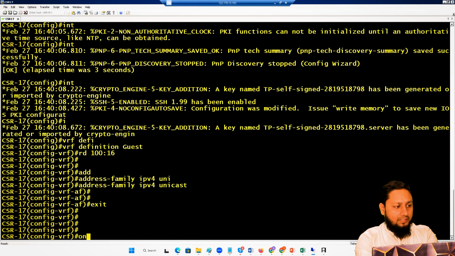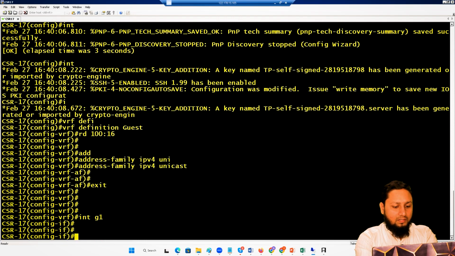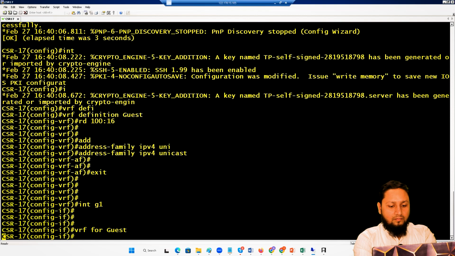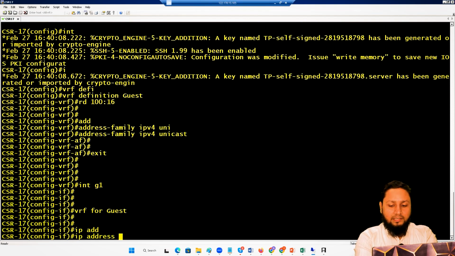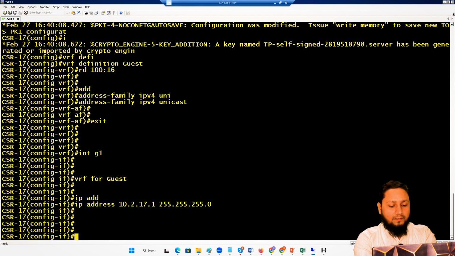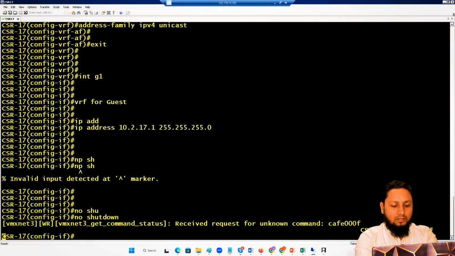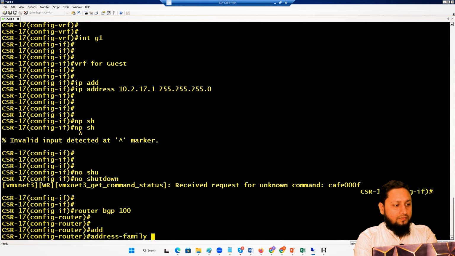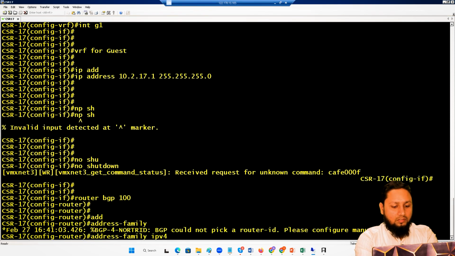Okay, then interface gig 1, VRF forwarding guest, IP address 10.2.17.1 255.255.255.0, then no shut. Router BGP 100, address family IPv4 unicast,